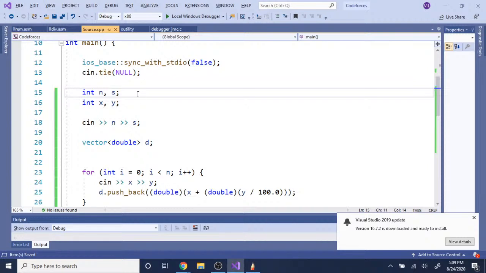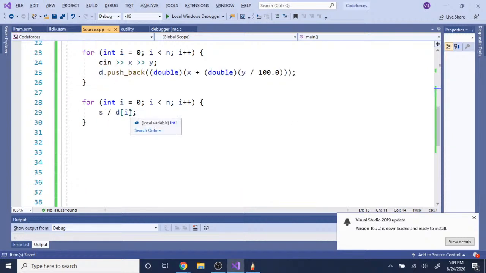Actually, integer divided by double is integer, I think it is. I don't know. Okay, so this is going to be like the remainder times you could divide by. And then we'll take s minus times d of I to get the remainder, right? So yeah, so this is going to be